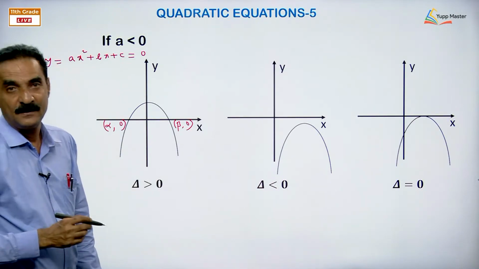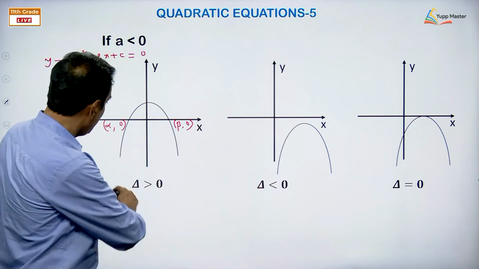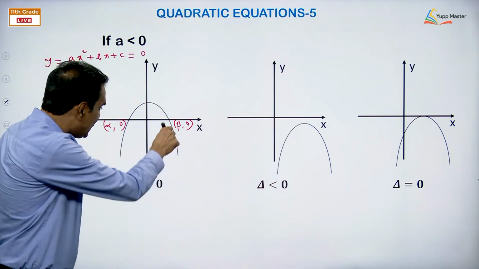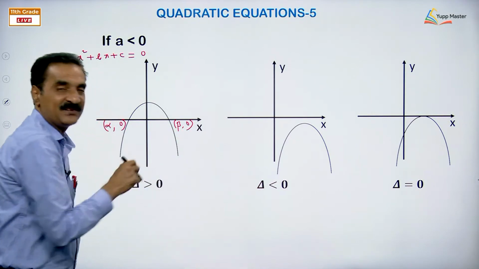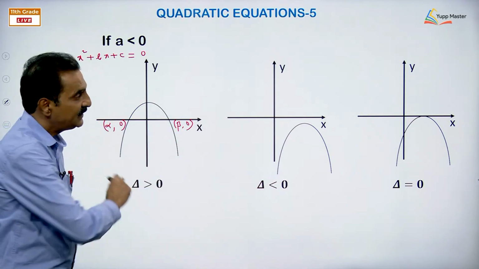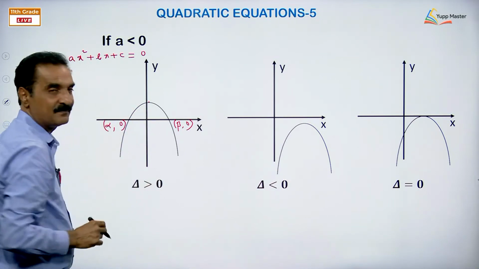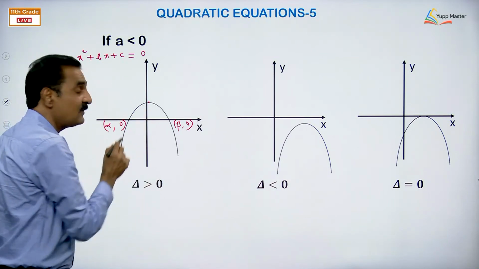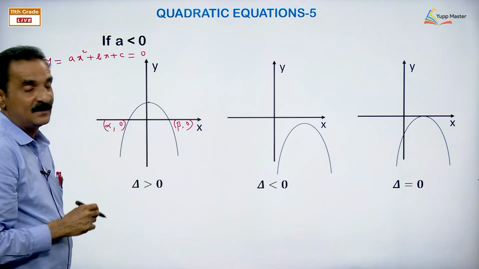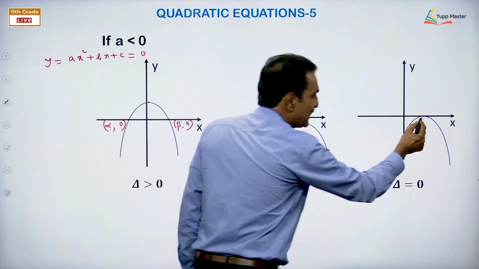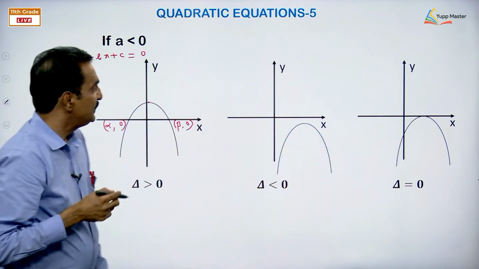a less than 0. If a is less than 0, you can see the graph in all the 3 positions. The value of y can reach up to minus infinity in all the cases, but there is a maximum value here. At the vertex there will be a maximum value. How to get the maximum value? This maximum value or this maximum value? You take